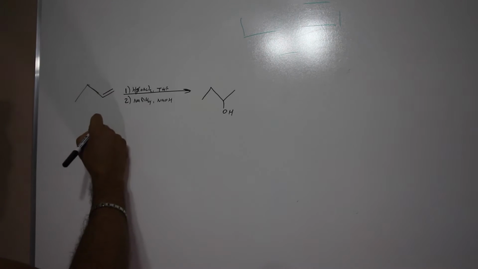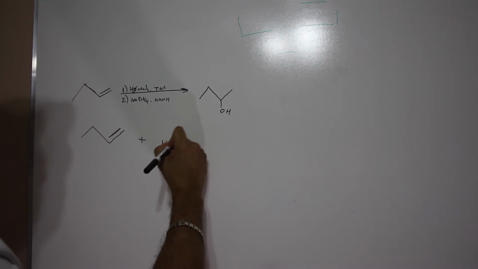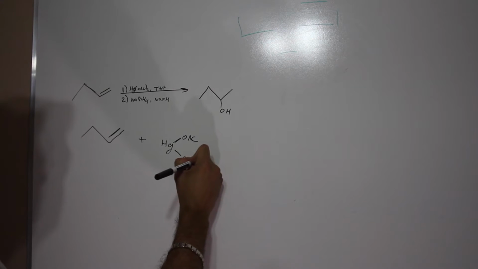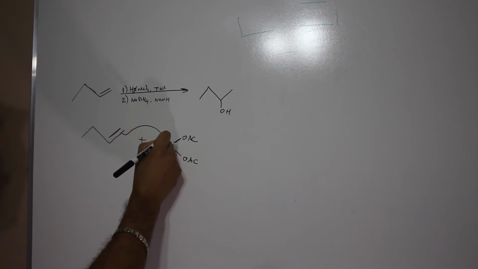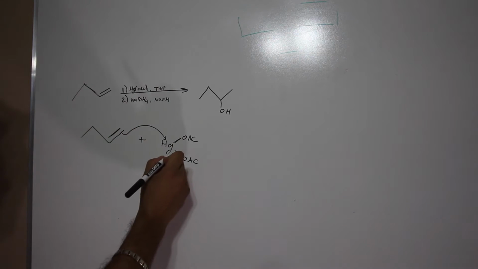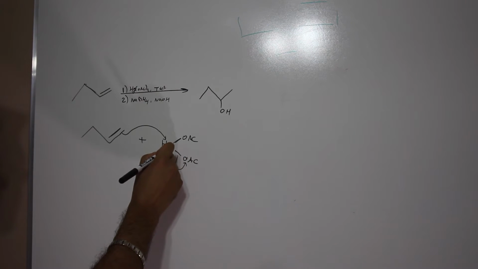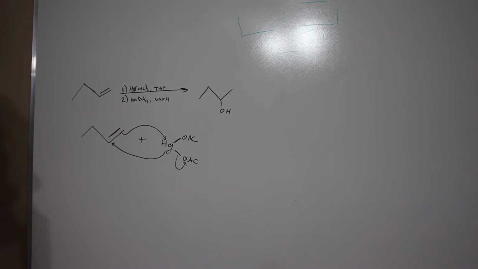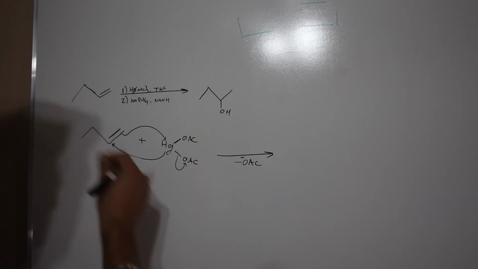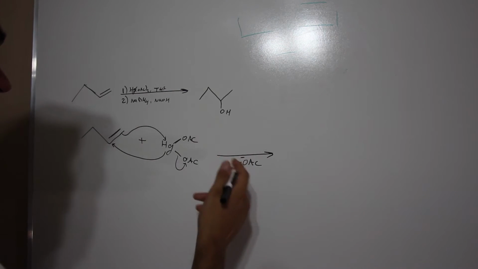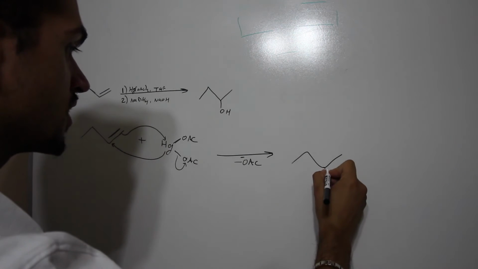Okay, so to start off the mechanism, we have mercury acetate, and the electrons from the double bond, or from the alkene, attack the mercury, kicking off an acetate, while the other electrons on the mercury form a temporary transition state with the carbon. So then after this there is a temporary transition state, and the acetate, once again I just drew the acetate leaving. With this temporary transition state,